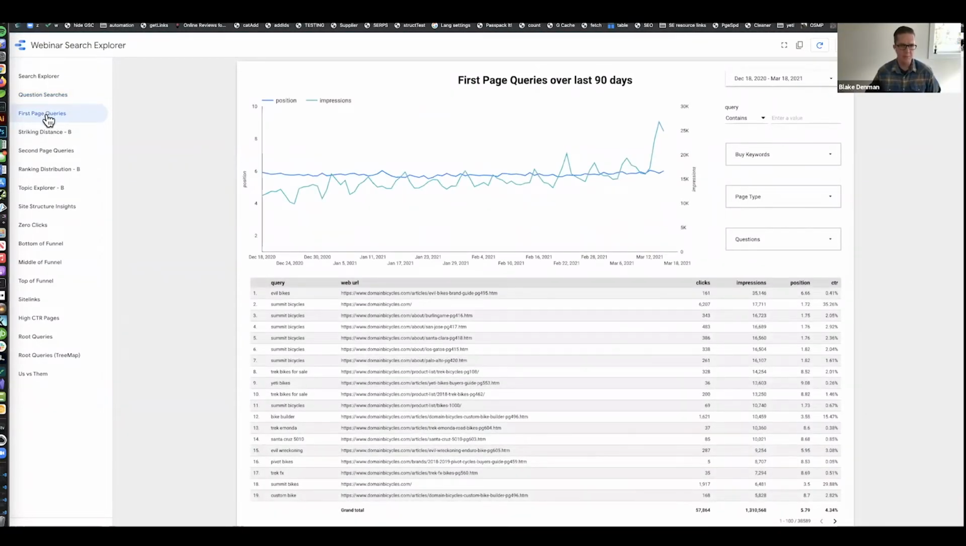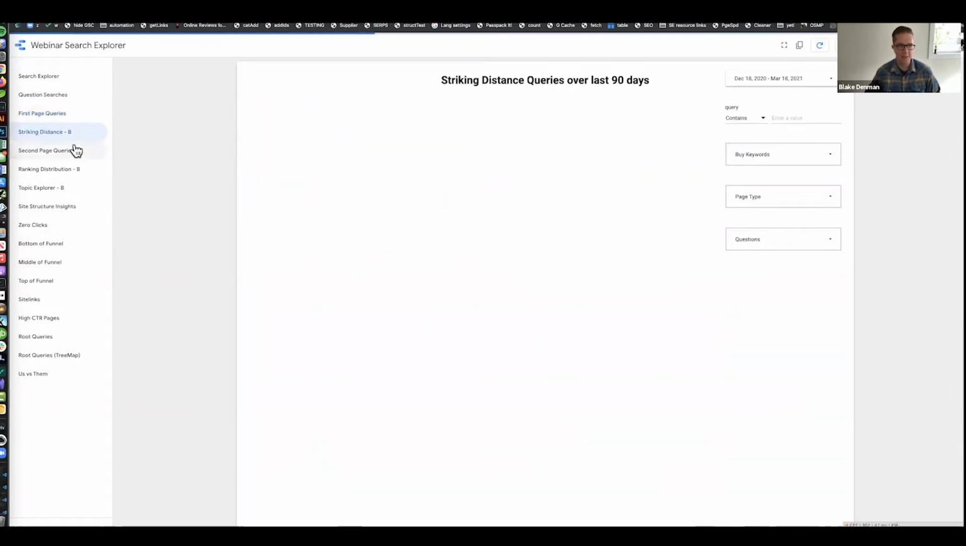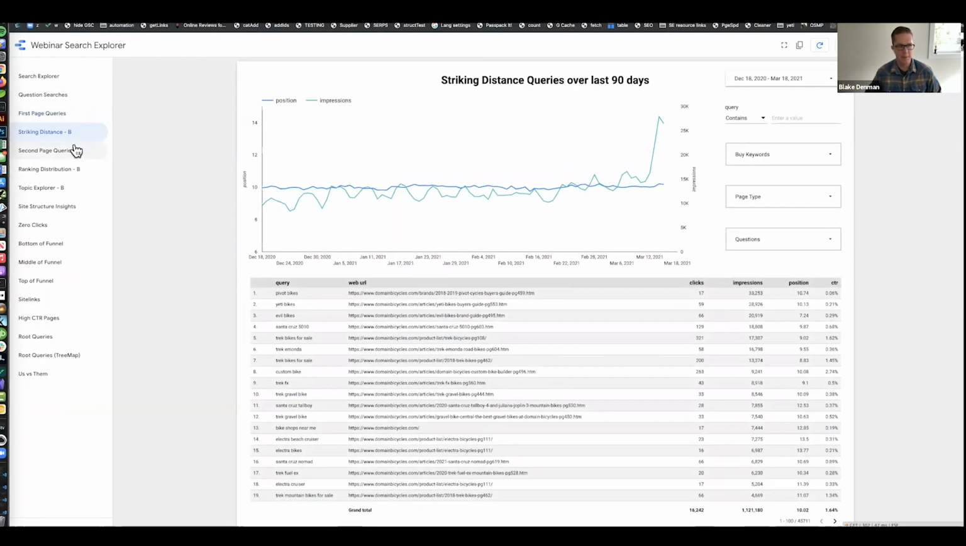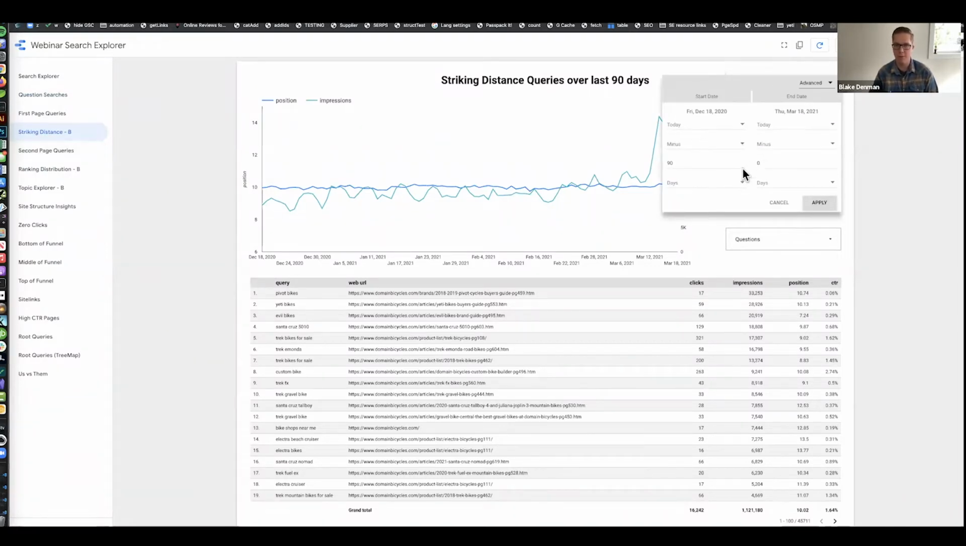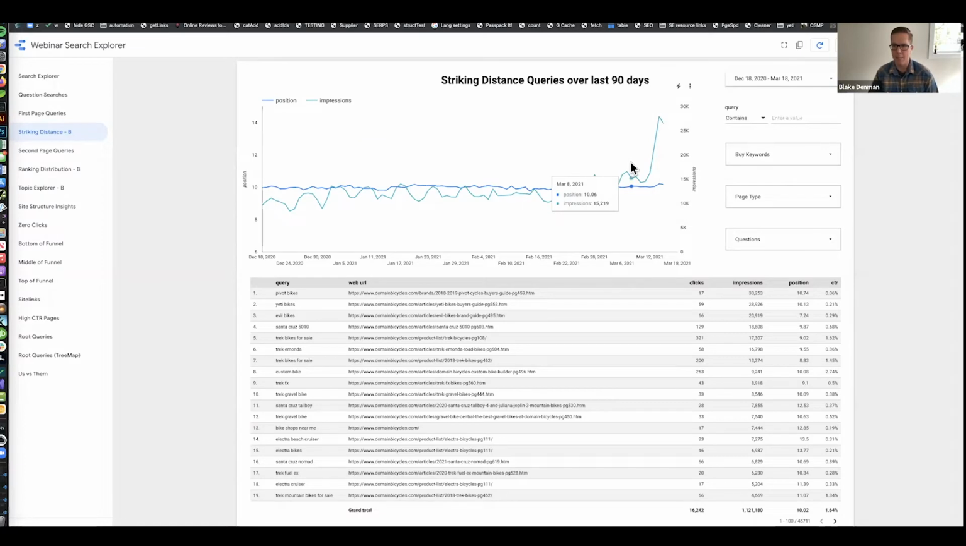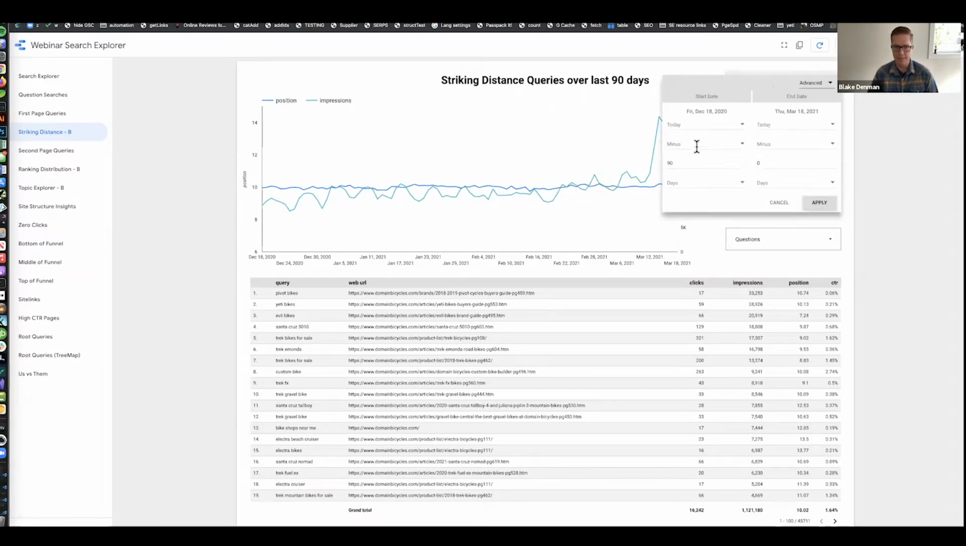Sure. I think we mainly use striking distance and ranking distribution. So striking distance, like I said before in the intro, we only work in 3-month sprints, and that's by design. And when we come up to a point where we have to build a new roadmap, this is one of the first reports myself or my AM, or the strategist, looks at. And if we change the date range to look at,